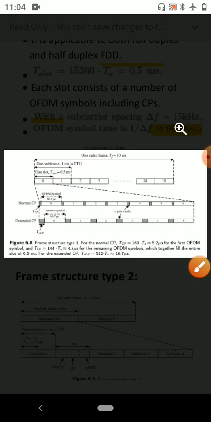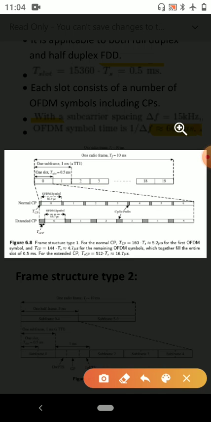The extended CP is for multi-cell, multicast or broadcast and very large cell scenarios with large delay spread, at a price of bandwidth efficiency, with the length 16.7 microsecond. The normal CP is suitable for urban environments and high data rate applications.